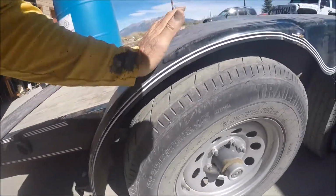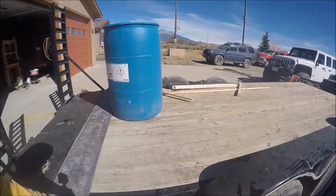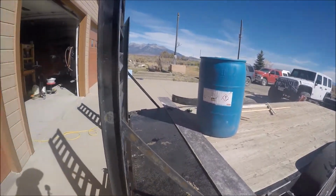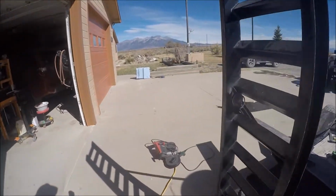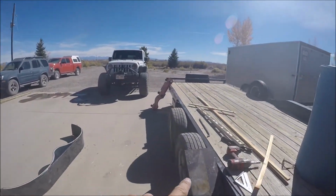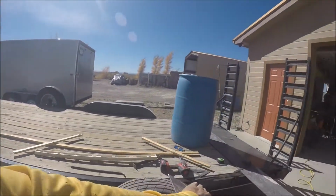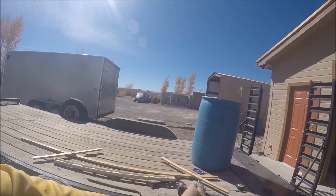So they're coming off, and I'm going to use some 1/4-inch flat plate that's 10 inches wide. And you can see I've got it started here. I've got an 18-inch piece here for the back part. I'll cut an 18-inch piece for the front part. I'm putting about a 50-degree, 55-degree angle. That's a little steeper than I want, but